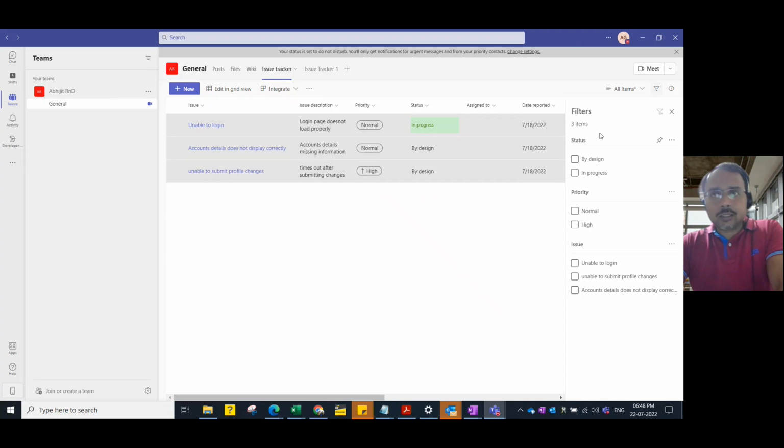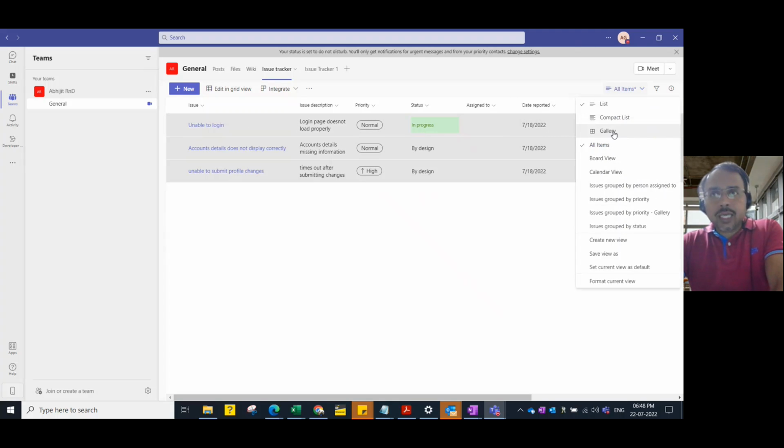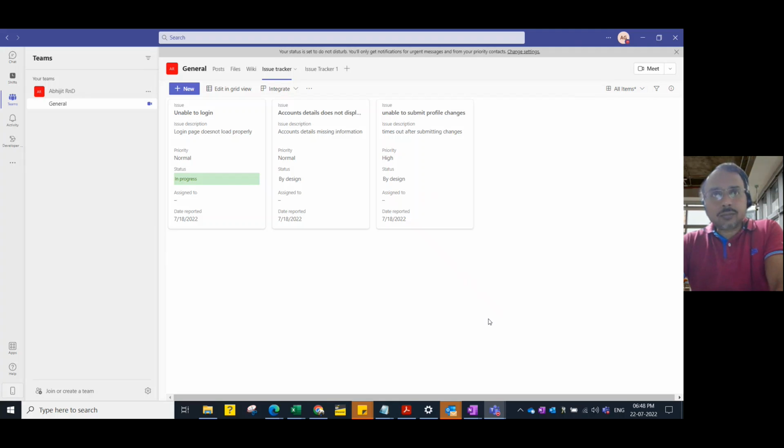Now let's look at a lot of options. How do you see the data? It doesn't really look so interesting in terms of look and feel. So let's look into the gallery view from here. When you look into the gallery view, you will see that it looks like cards with some information which is handy for you,